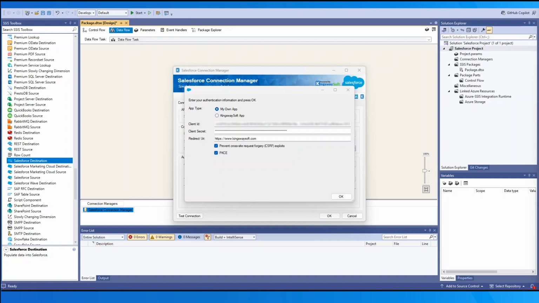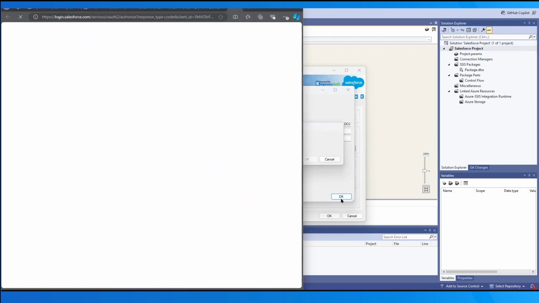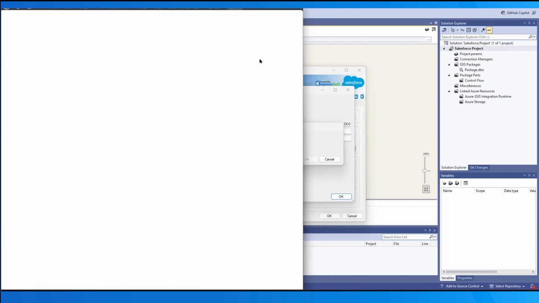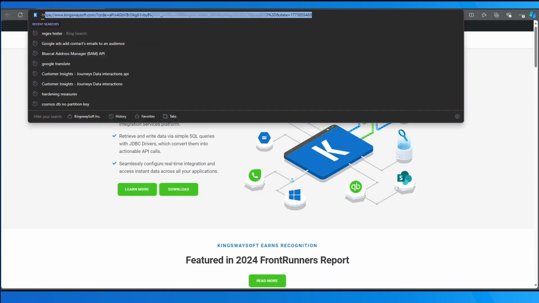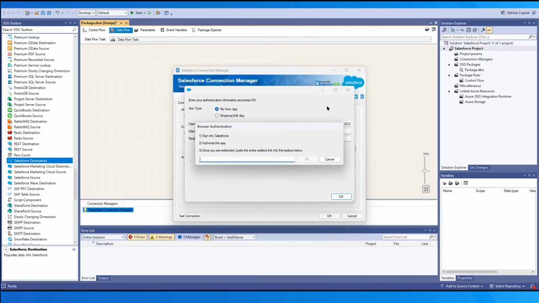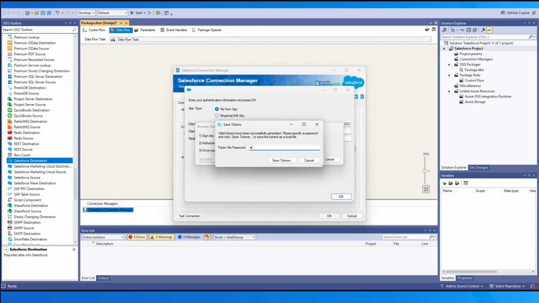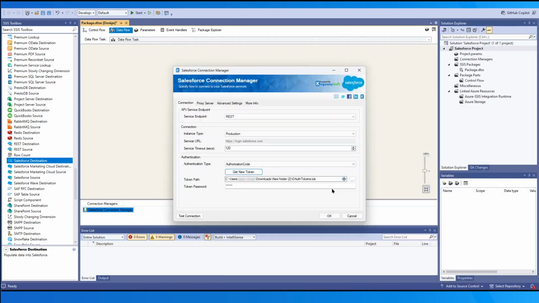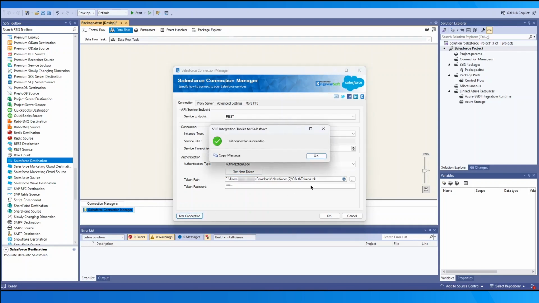After entering in your client ID, secret, and redirect URL, you can click OK. If this is your first time, it will ask you to log into your Salesforce account. However, since we have already logged in before, it has redirected us to our redirect URL. The URL will contain a code. We will copy the entire URL and can paste it into the component. Lastly, you will be prompted to set a password for the token, and the process will be complete. You can then test the connection by using the Test Connection button to verify if you have access to the instance. Then press OK to save the configuration you have created.